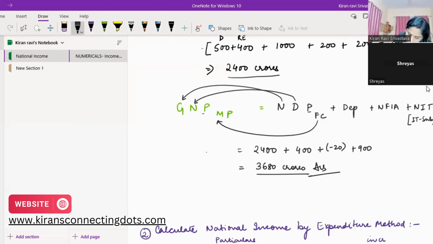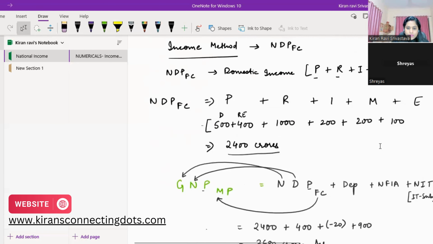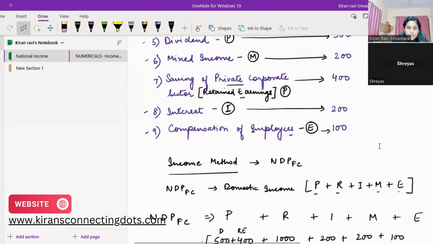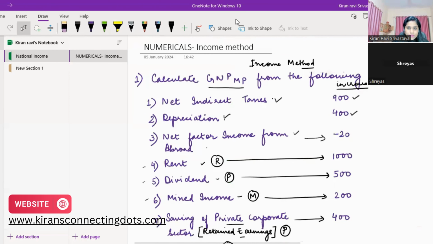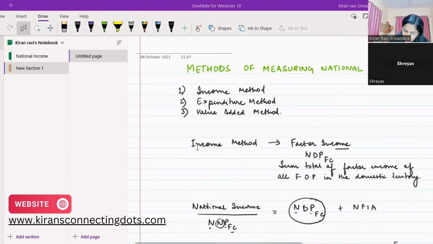So conclude by writing, therefore, GNPMP is equal to rupees 3,680 crores. Any doubt? No, ma'am. All clear? Yes, ma'am. Okay. Now moving to the second concept or the second method,